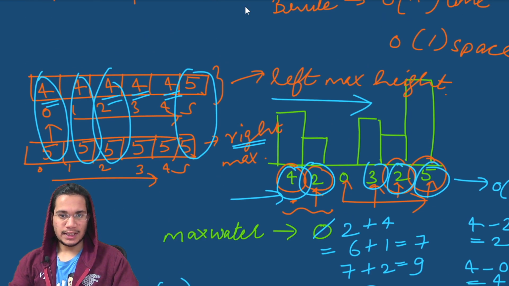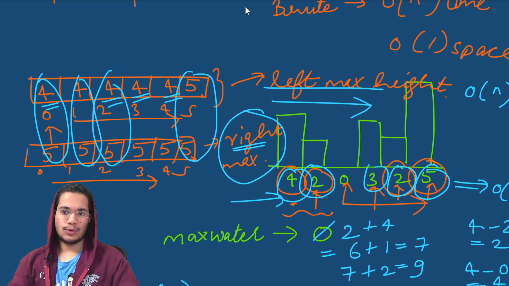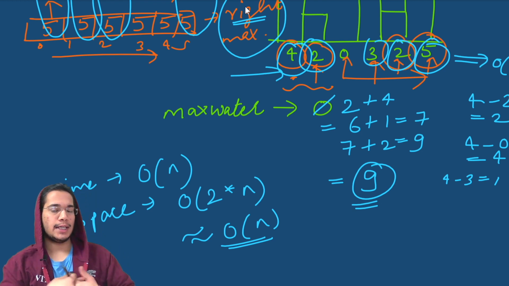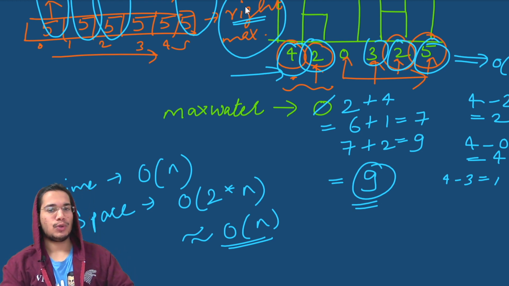One optimization that we can also do here is, instead of calculating right max, we can only calculate left max, which will be big O of n space. And then while we are iterating this time to find the answer, we can keep on calculating right max in this loop itself. This is how we can save on the space for the other array. But still, asymptotically, it's going to be similar to big O of n. So it's just an optimization that you can probably tell your interviewer while you're coding. So that was about the explanation. Now let's quickly move on to the coding part.